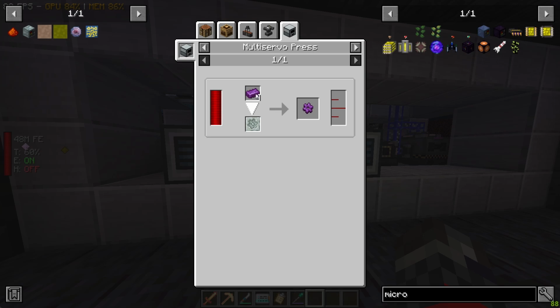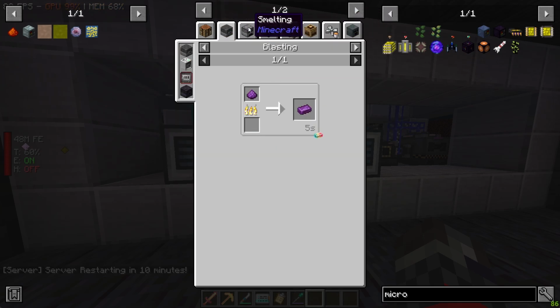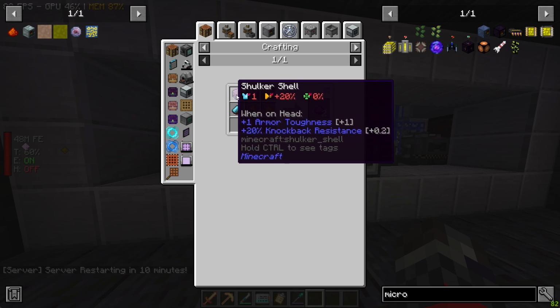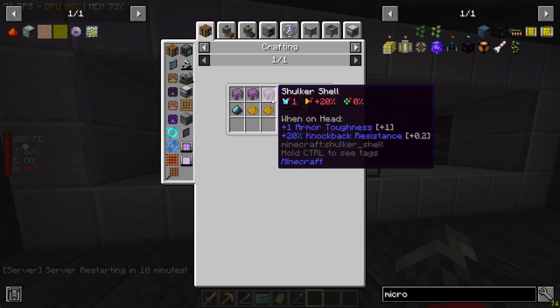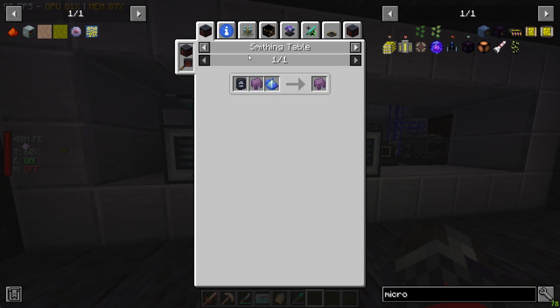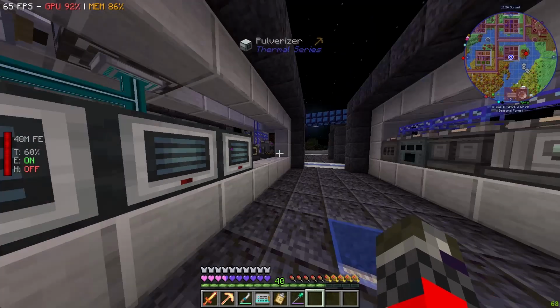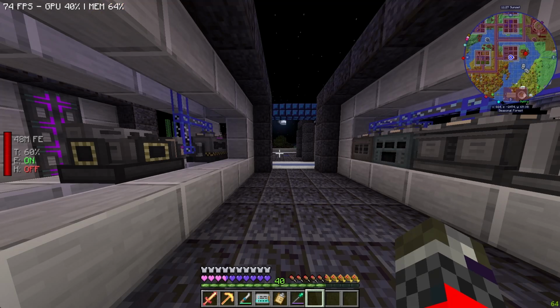where is it? I think you can craft the dust here. Anyway, you can craft the dust here. We don't have any more shulker shells, so we're running low on those. We can make them through alchemistry, and I haven't touched alchemistry in this run because I